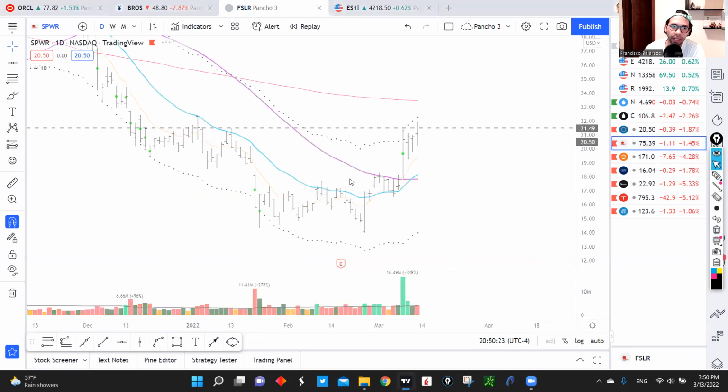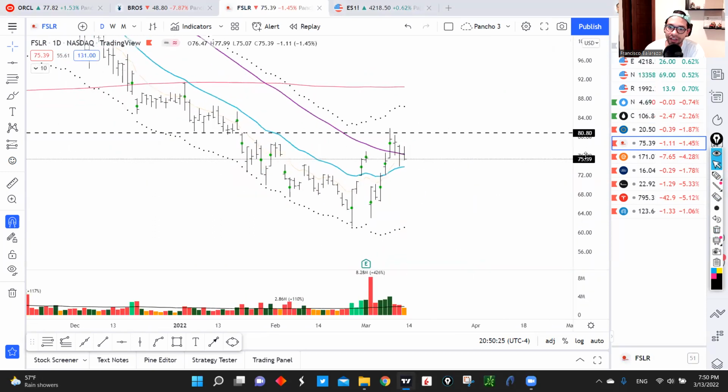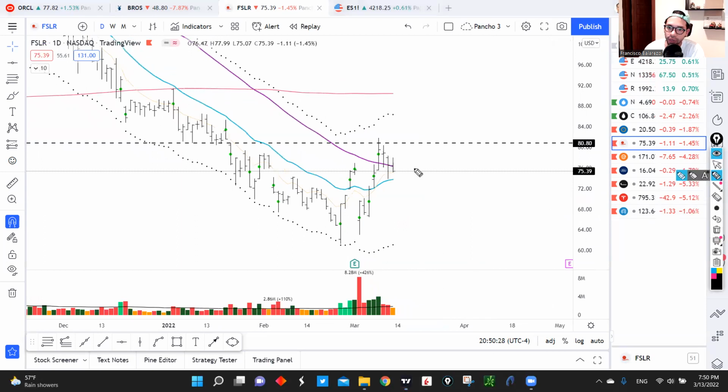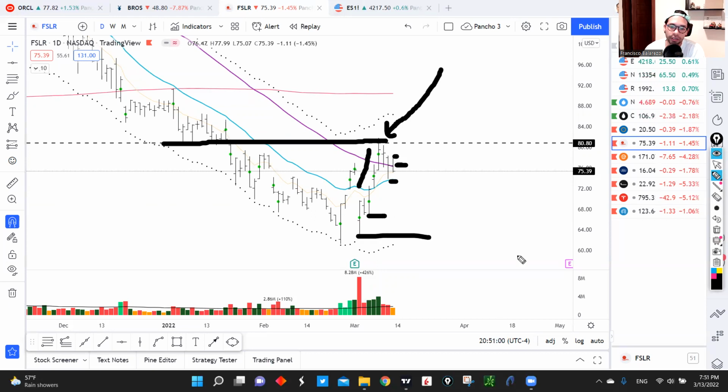Now let's go into the next name that I have here, First Solar, which is FSLR, and it's kind of the same setup, right? We had this really strong move after earnings, and we're coming right here into this level of supply. We stop right there at that level, and the short that is triggering in FSLR is a short right here at this 50 daily moving average. So the trade is basically using this 50 daily moving average as a cover point, or probably this high right here, and then looking for FSLR to lose this 21 exponential moving average, and perhaps we're going to get a retest of these lows right here.